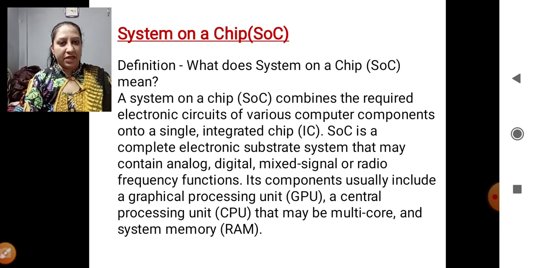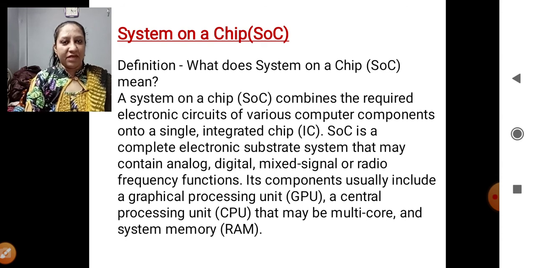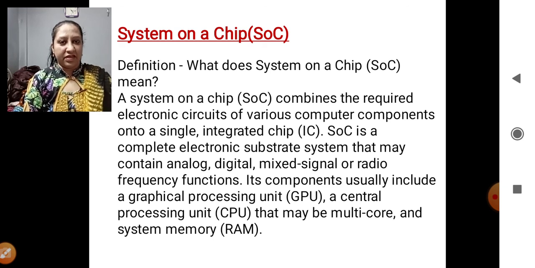Each electronic component is finally installed on one single chip, that is called a system on a chip. And students of class 11th already know that this thing in the computer is called the motherboard. The motherboard is the main board on the computer on which all the other chips are installed.